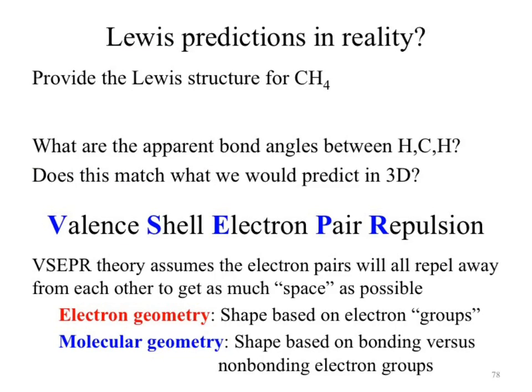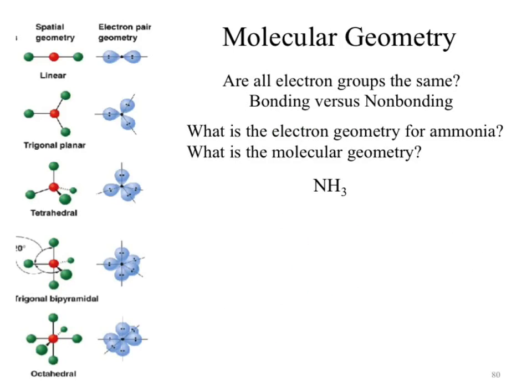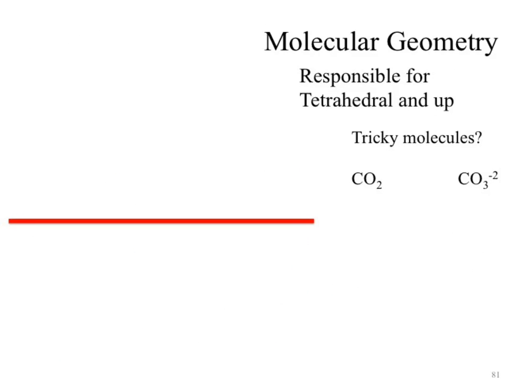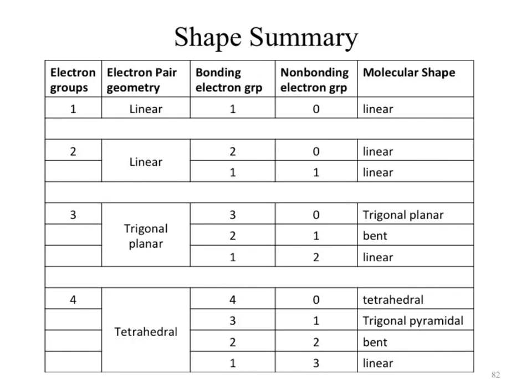So Lewis structures in reality leads us to VSEPR. You've got all these different shapes and stuff that can come out of it. Ultimately, what you need to be able to do, come on now, whoops, is interpret this chart for any given structure. All right. I said I was going to do a couple more examples, but I want to leave this up here. So unfortunately, if you're watching it at home,